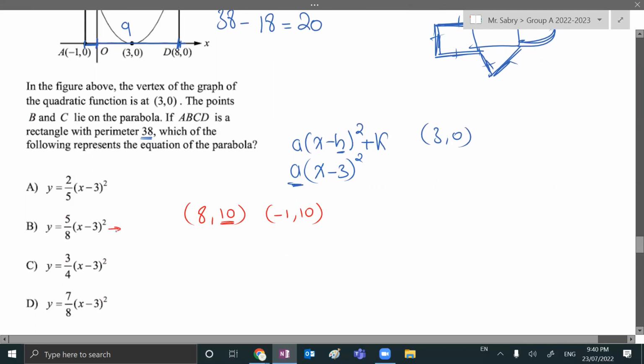So if I put, let's say, I'll try it here, 5 over 8 multiply by 8 minus 3 and all to the power of 2. That would get me 5 over 8 multiplied by 5 to the power of 2. 25 times 5, that is 125 divided by 8, that would not be equals to 10. So this one does not work. And so on. So we just keep trying until we find the one that would be equals to 10. Now if you tried on a calculator, which is easier, it would get you